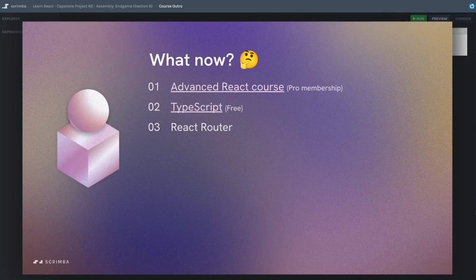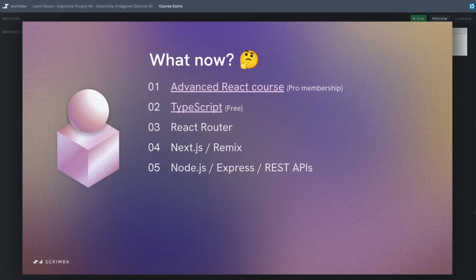React Router. If you're looking to go more into a full-stack realm, Next.js and Remix are awesome frameworks that you can use to be building not only the front ends, like we've learned here in React, but also the back end, so you can handle server interactions, data, caching, cookies, and all of that. If you are interested in backend, you could go the direct backend route by learning Node.js with or without Express, all to help you build REST APIs that your front-end React apps can consume.